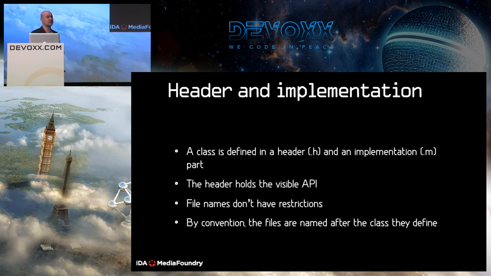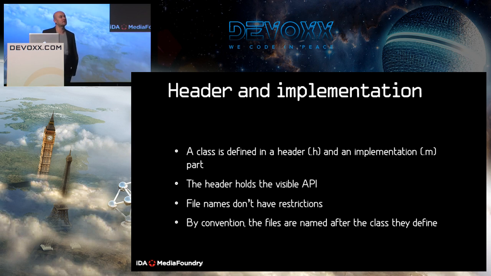First off, like in C, you have header files and implementation files. The header file is where the interface, the Objective-C interface, is. So don't think about interfaces in Java, it's something different. You have the header part and the implementation part. The header part holds the visible API. I will talk about visibility a lot in this talk, because private is something different in Objective-C. Real private, there is some, but not too much. Most things are just invisible. So we have the header file, we have the implementation file, and then something different from Java as well